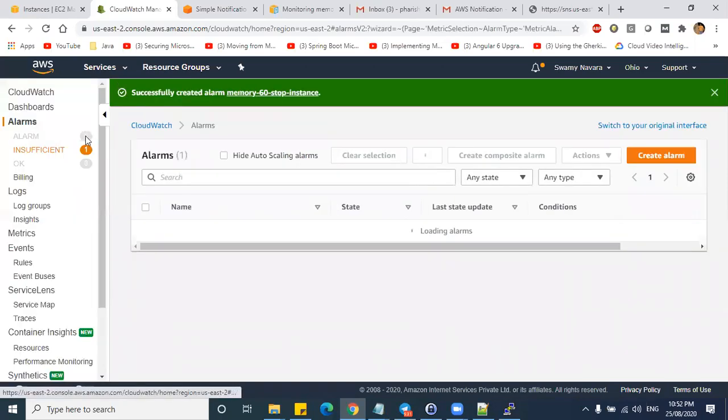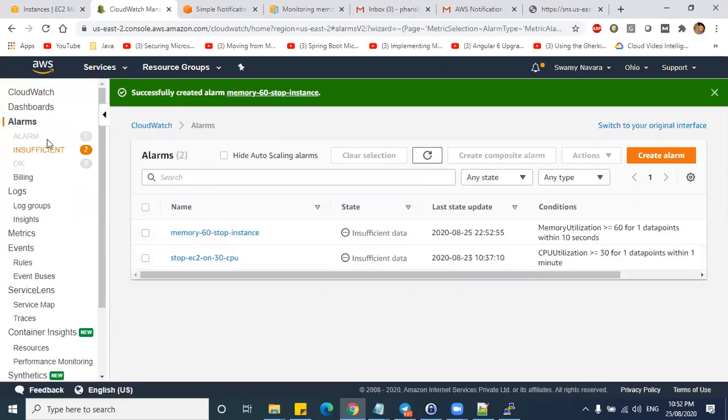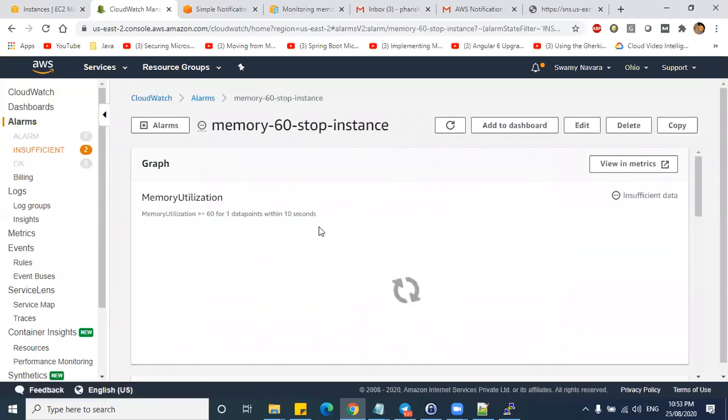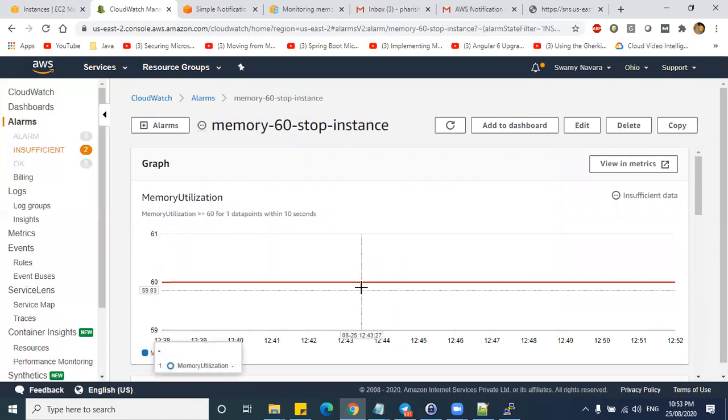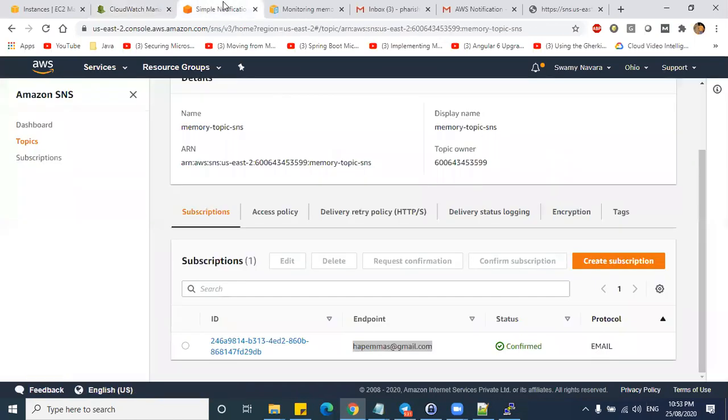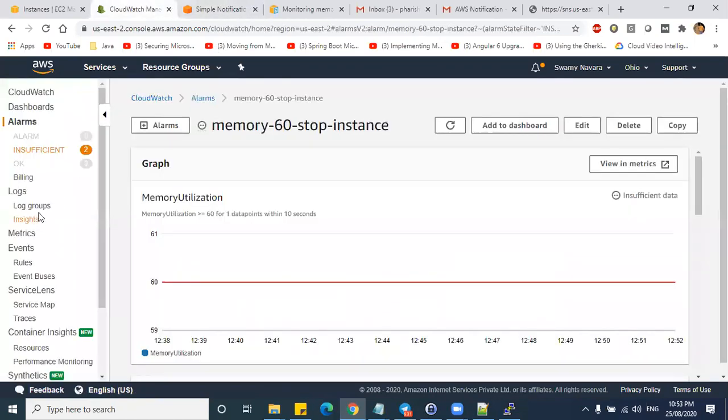Once you create the alarm, as I told, you have 3 states. Initially it is under insufficient data because you don't have 60% memory utilization currently. You can check that here. Let us go to metrics.